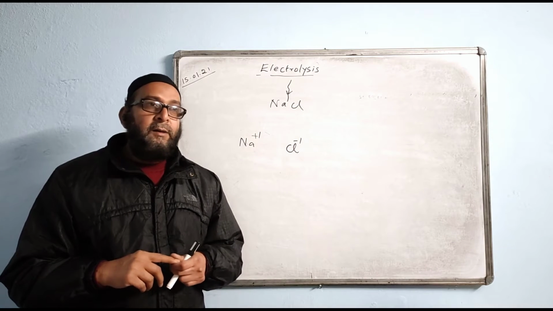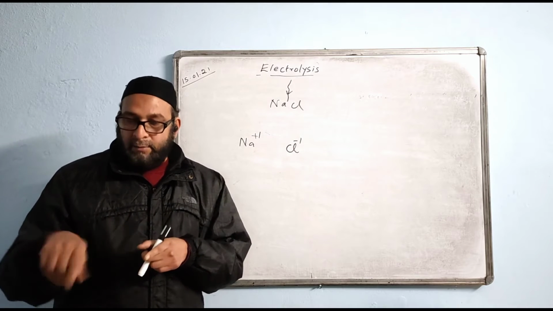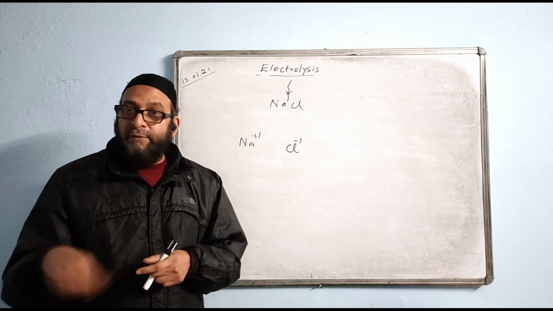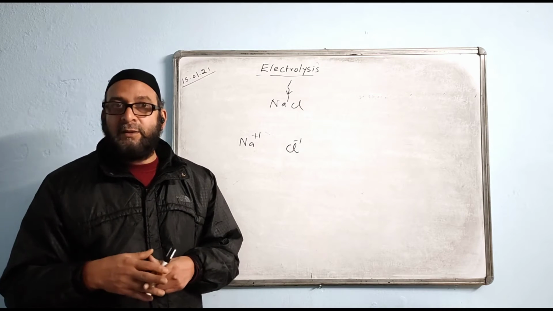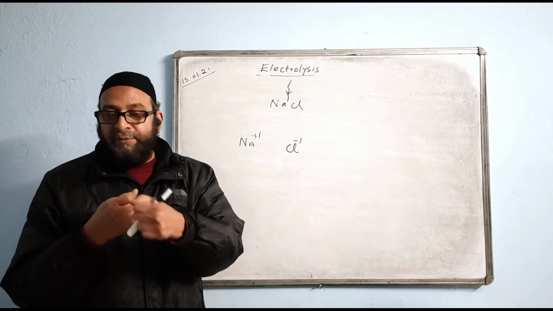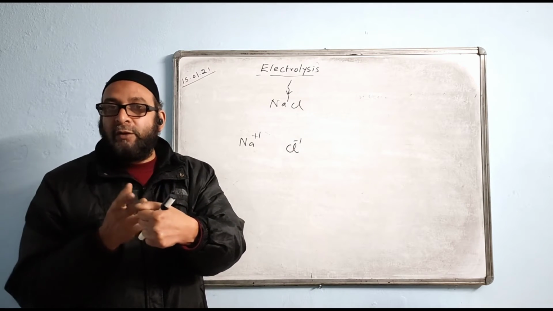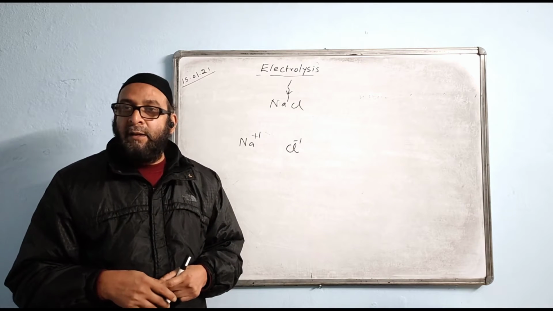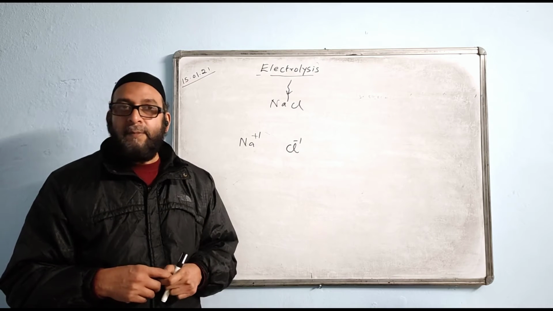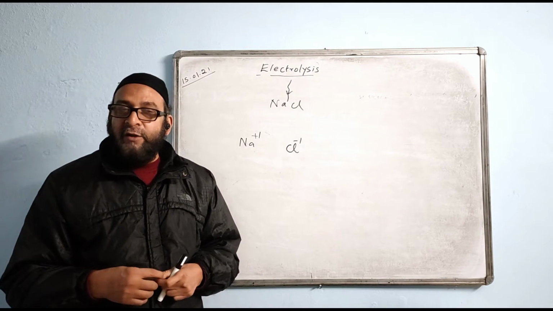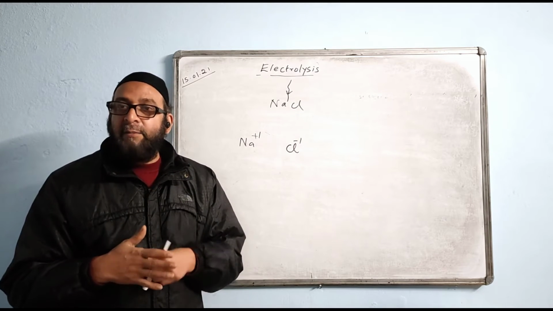One is the aqueous state. You have to take the compound in the aqueous state, mix water with it, because water has got the ability of forming ions. It makes the force between the two atoms weak, and it separates and makes one atom lose an electron and the other atom gain it. So presence of water causes ionization. Or you melt it. When you melt it, then the force becomes weak and they are able to form ions.